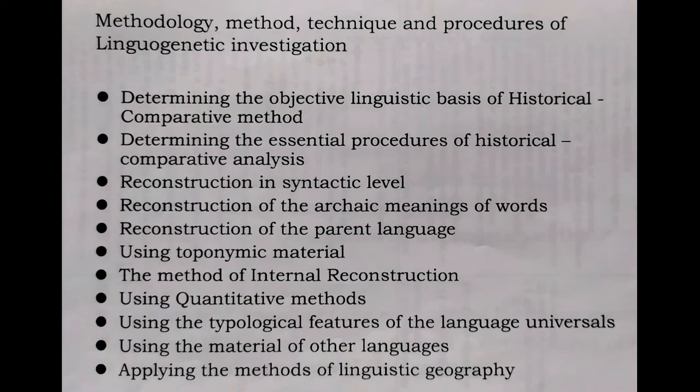Next, using typological features of language universals. Typologists worked out different language universals, and sometimes it's very useful to use some of them in describing the facts of the history of the English language, because here we will have to compare facts of the English language with German, Dutch, Swedish, Norwegian, Icelandic, Afrikaans, and other languages. Here we need the methods or universals worked out by linguists, typologists.